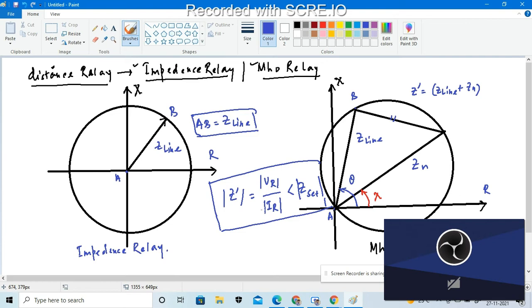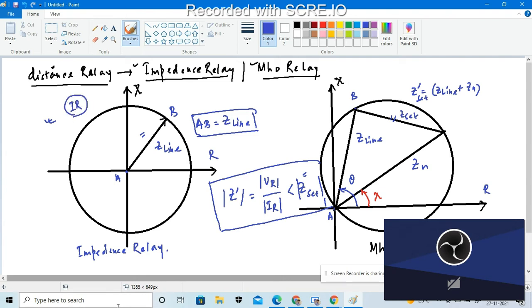While we are considering the impedance relay, it has only one design parameter, so that is the only parameter we will consider. That is the Z set value, okay. So in that portion we will consider the Z set. If I choose the impedance relay, we have only a single